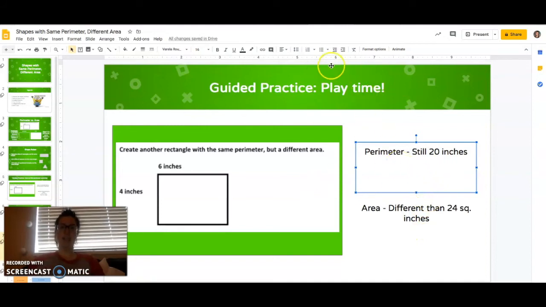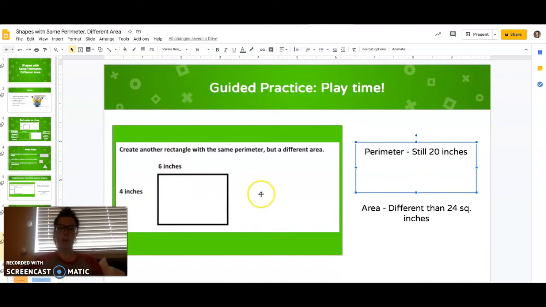So I titled this slide Playtime because it's time for us to play with the side lengths, right? This will help us to find a shape that has the same perimeter, but a different area. Remember, we use the side lengths to help us find those different measurements. So we're going to remember the strategies that we used, but we have to keep shape rules in mind,